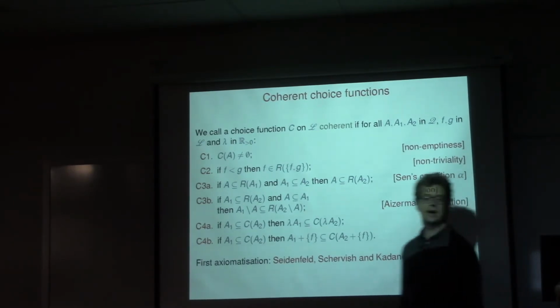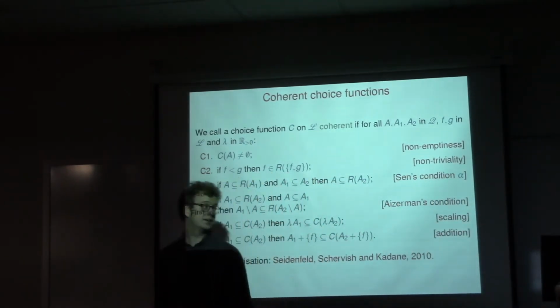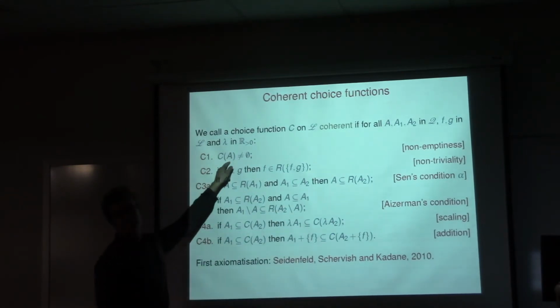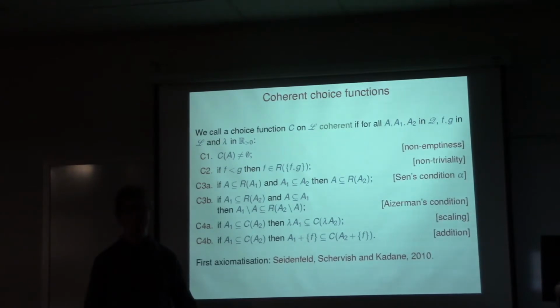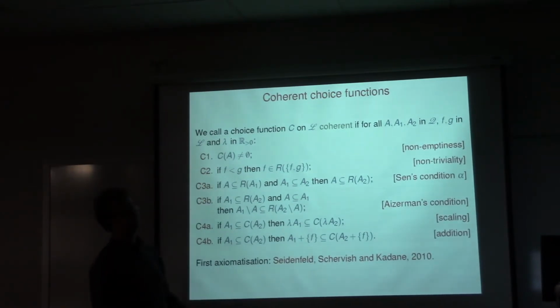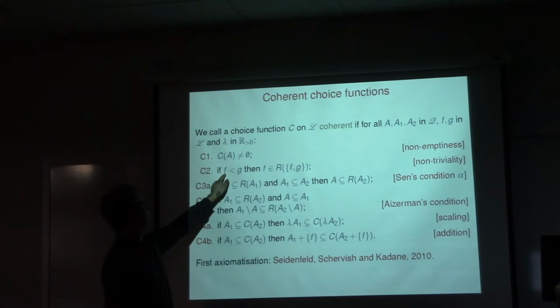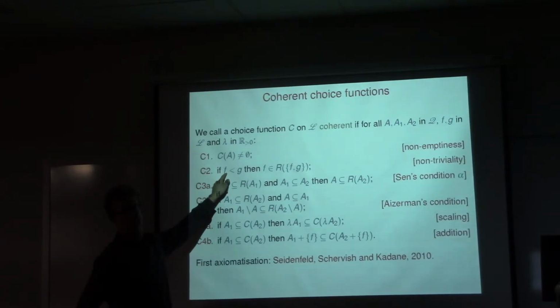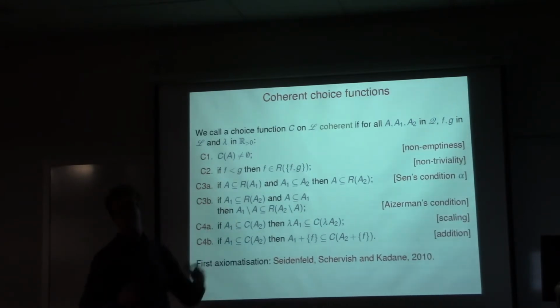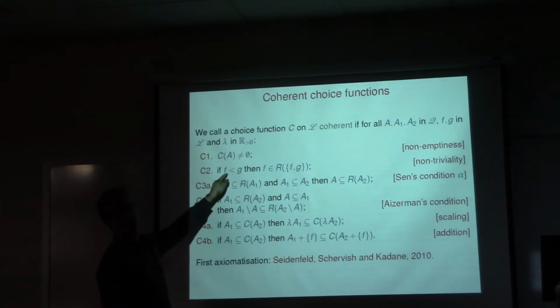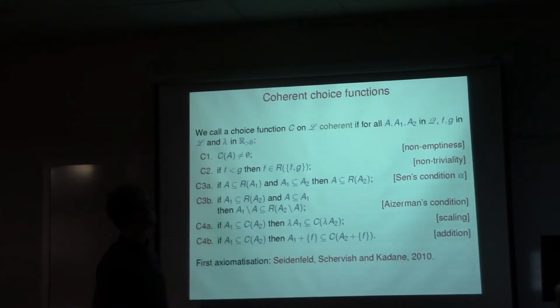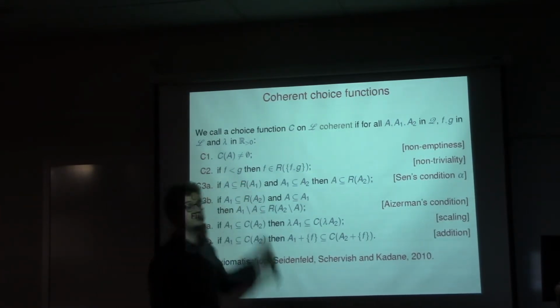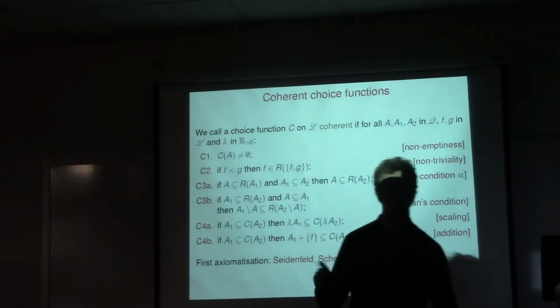So what are the axioms I impose on it? The first one is that the choice of any non-empty set should be non-empty. That actually is a counterpart of avoiding sure loss again. The second one is: if gamble G is better than F, again, this means that every component of G is at least as big as the corresponding component of F, and there is a component in which G is strictly greater than the component of F. If this is the case, then F should be rejected from the binary comparison.